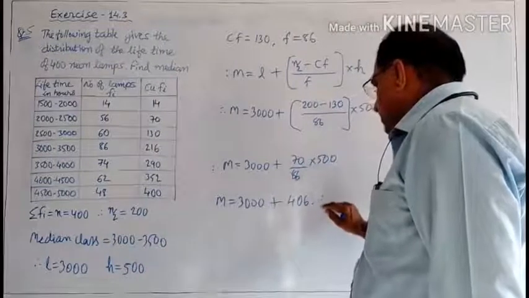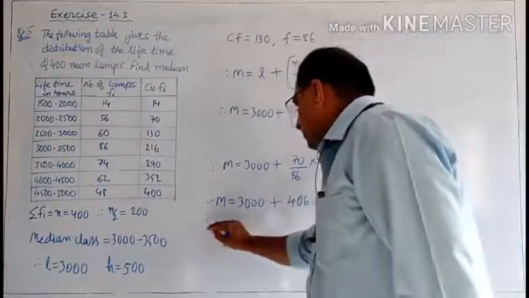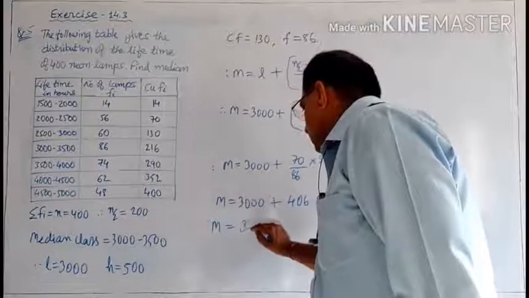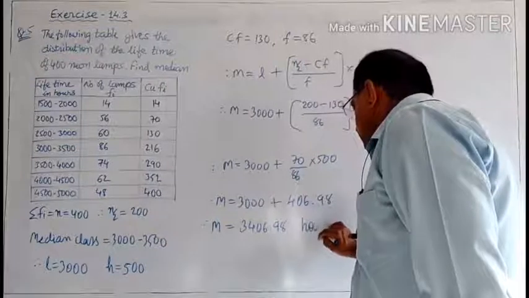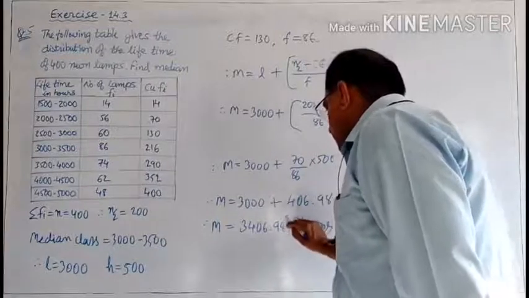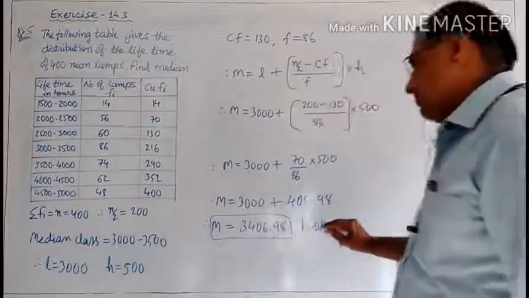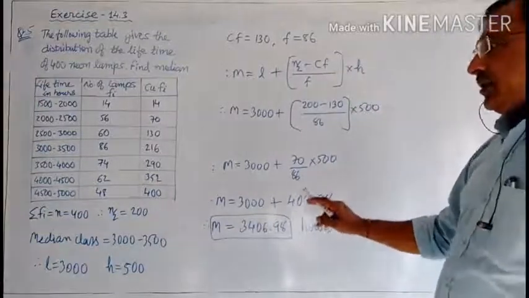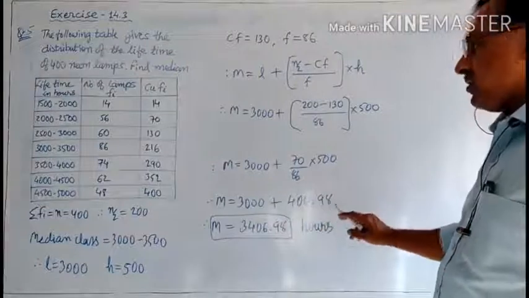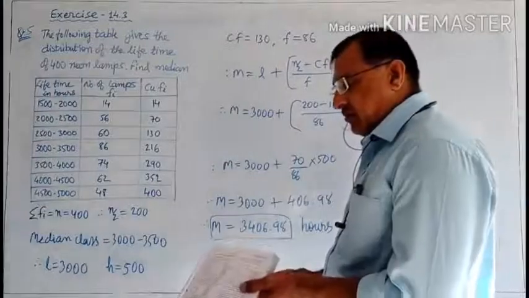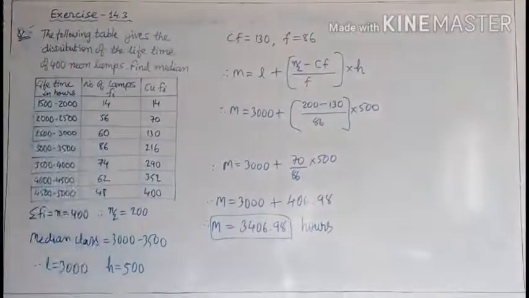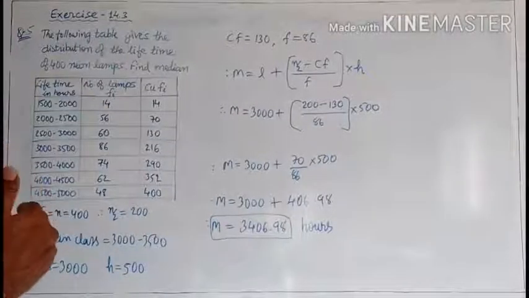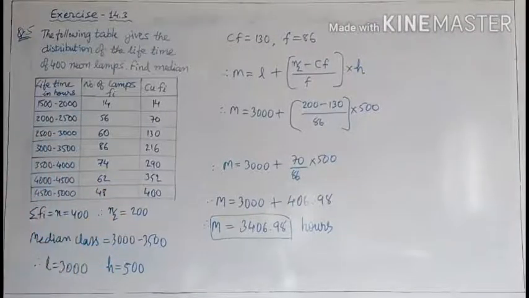is 406.98, and therefore median is 3406.98 hours. This is the lifetime. 3406.98 hours is the median lifetime. That means the lifetime of 50% of lamps is less than this, and 50% of lamps is more than this. Now question number